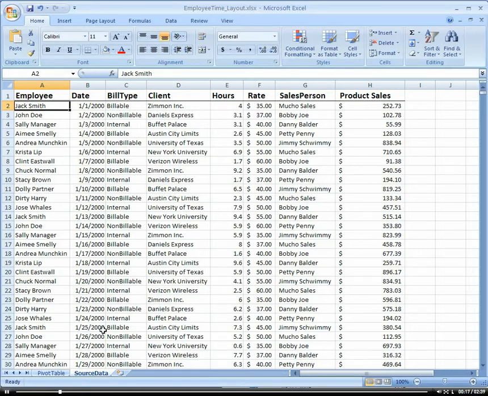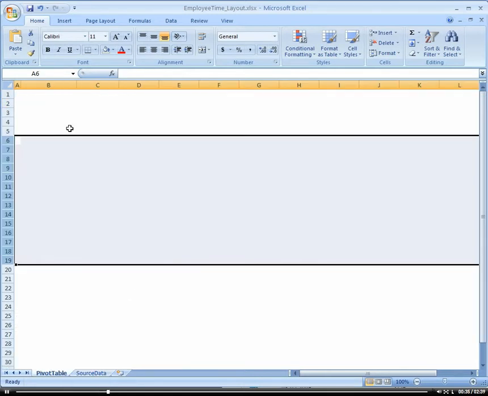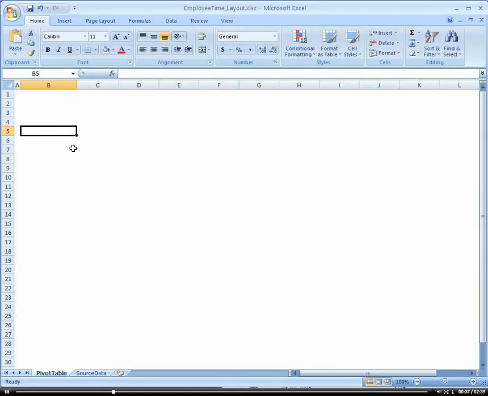So here we have source data within our source data worksheet. And a quick note, these are different worksheets. The entire workbook contains multiple worksheets. So here's our source data within the source data worksheet. And now if we want to create a pivot table, I'm just going to go to my pivot table worksheet